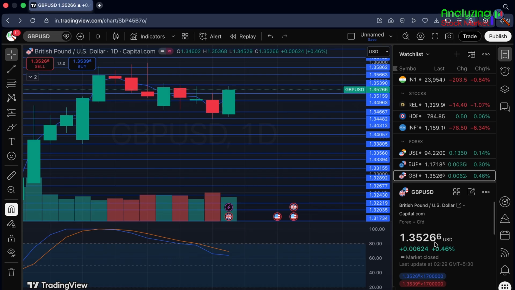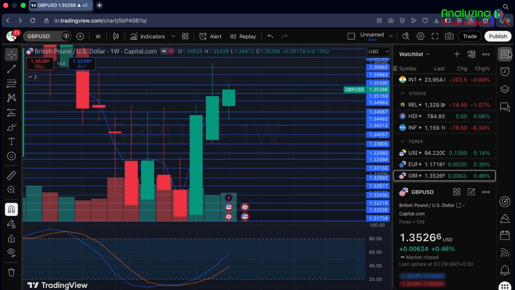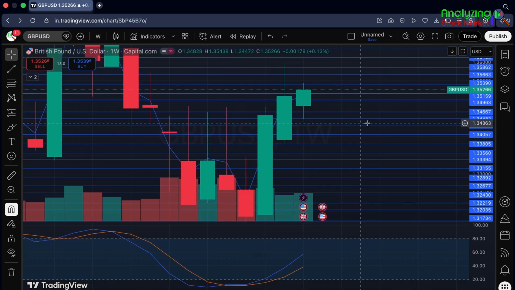I'll also be marking some important support zones and resistance zones which will help you to take better stop loss and target levels according to your bias for this week. So let's straight away see our weekly chart first. Let's open the weekly chart over here. So here, this is the weekly chart. In this weekly chart, we can see a bullish candle with a medium body and a medium lower wick and